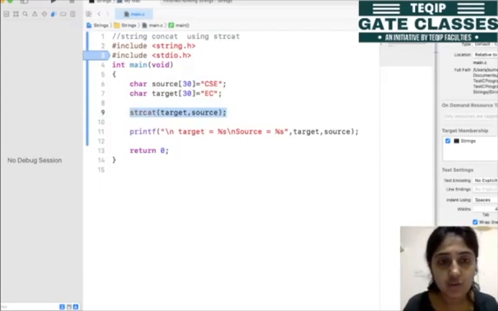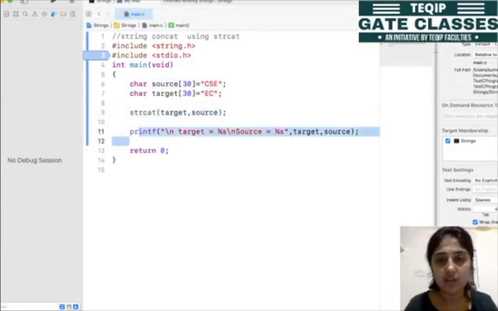The target is EC, so now the updated value of target is EC CSE. But remember one thing, we are not doing any updation on the source. So when the compiler prints this statement, the value of target becomes EC CSE, but the value of source remains constant, right? So let's run this.